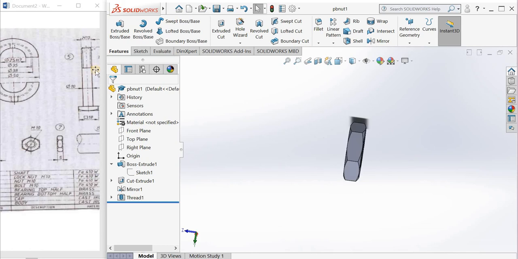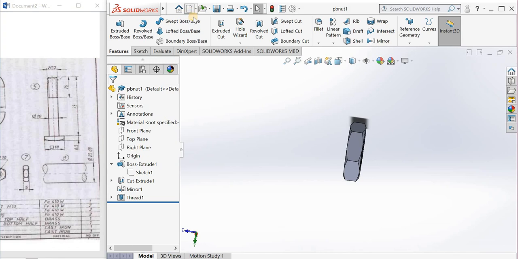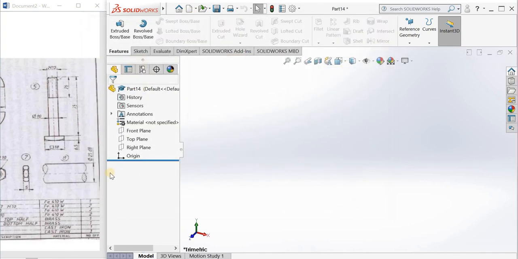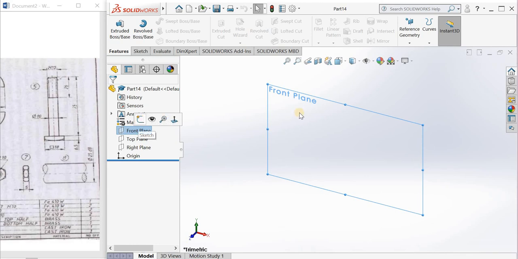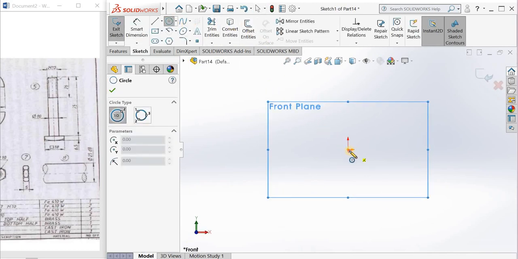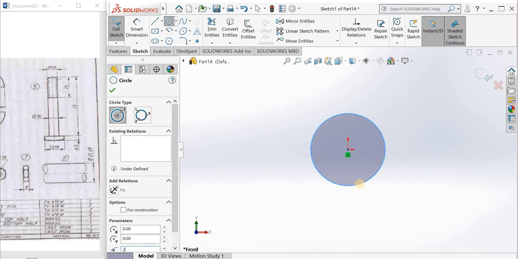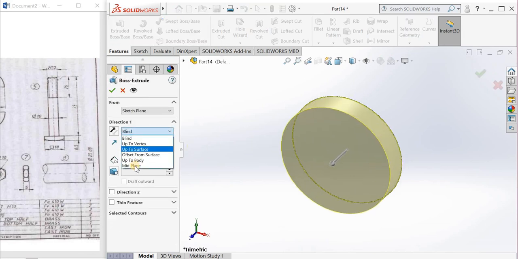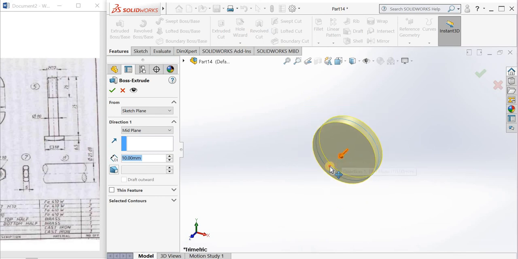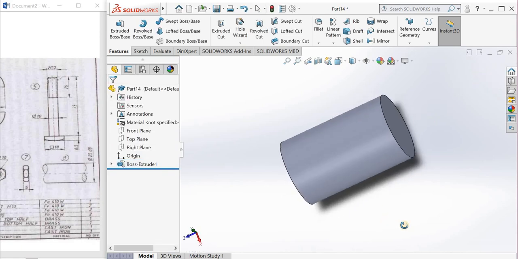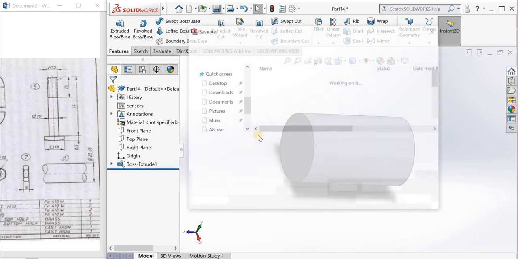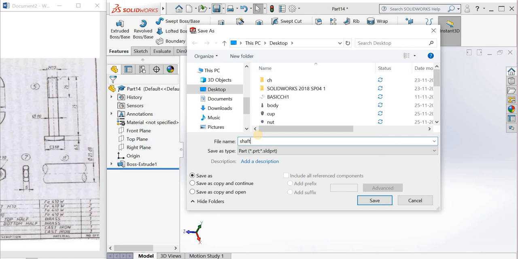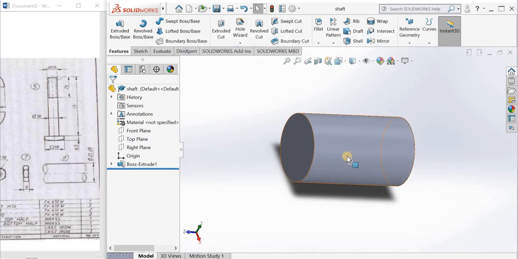Now let us go for a new sheet again, part. Okay, now we have to do this shank, means shaft, sorry. So go for front line, draw a circle with a diameter of 25. Exit from the sketch, extrude it for, we make it as middle plane, so extrude it for, okay, 80. That's enough. Save as shaft, save. So now